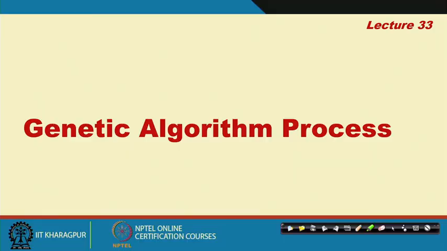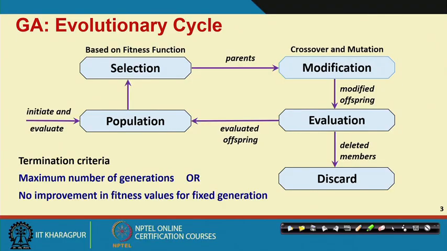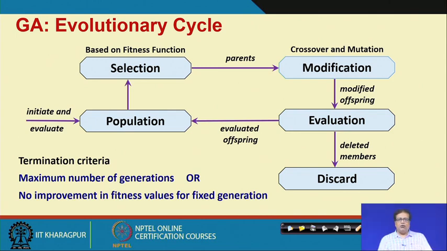Now, there are many variations to the genetic algorithm process, and all these variations are essentially more of design concern, which depends on the problem at hand and to some extent to the designer as well. So, having understood that, let us do a little recap, and then through an example try to understand how to really carry out the genetic algorithm process, and then in the next lecture we shall see some examples.